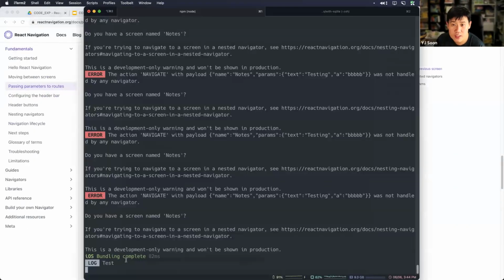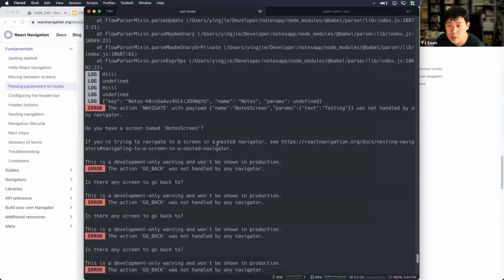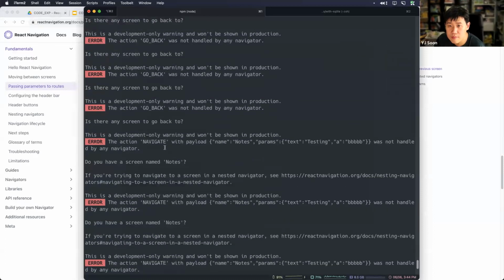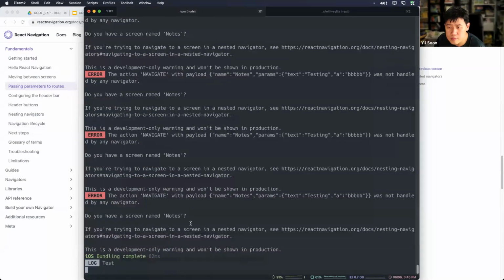Oh, hey, it worked. Okay, so I suspect, if you're trying nesting, it's complaining a bit as well. It's saying, hey, you're trying to navigate to something called notes. Do you have a screen called notes? Was not handled by any navigator.